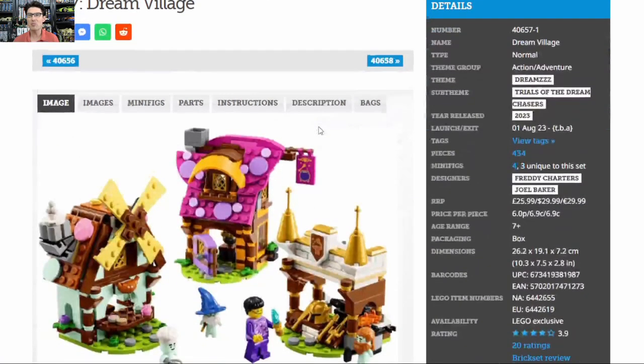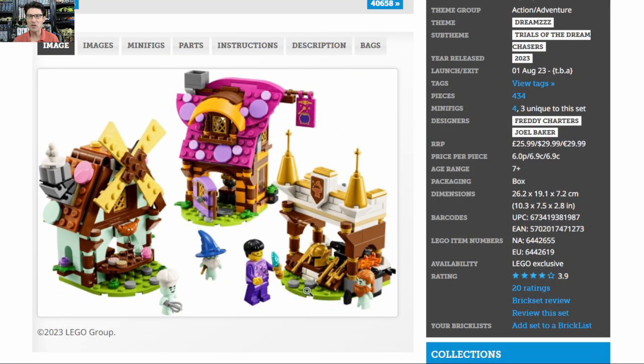And here's this one on Brickset, 4 minifigures. It's really 1 minifigure and then these smaller minifigure-like elements or little guys basically from the Dreamzzz. Brickset says that 3 of the 4 are exclusive, but I looked at the parts table. None of the parts are exclusive. So for me, it's 0 out of 3, but